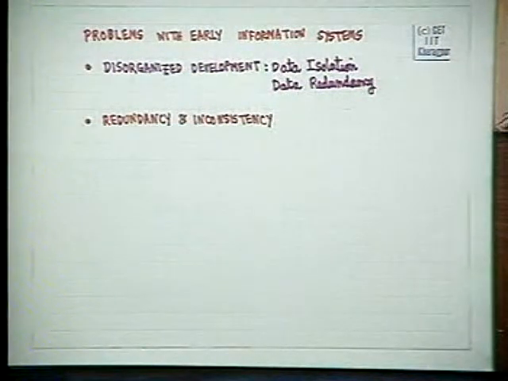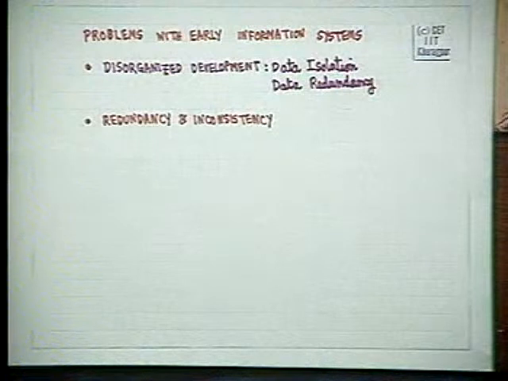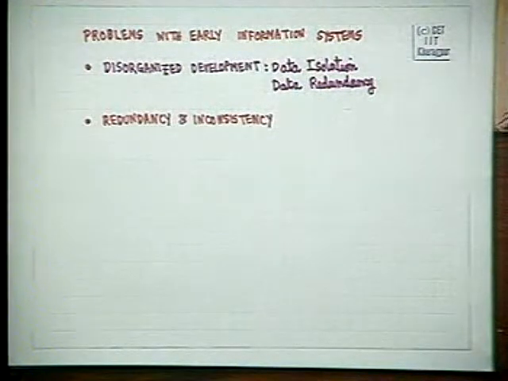When data becomes redundant, that means there are multiple copies of the same data at multiple places, and people do